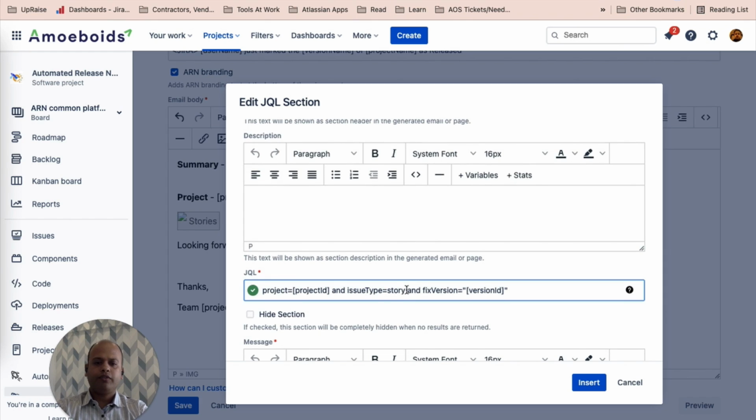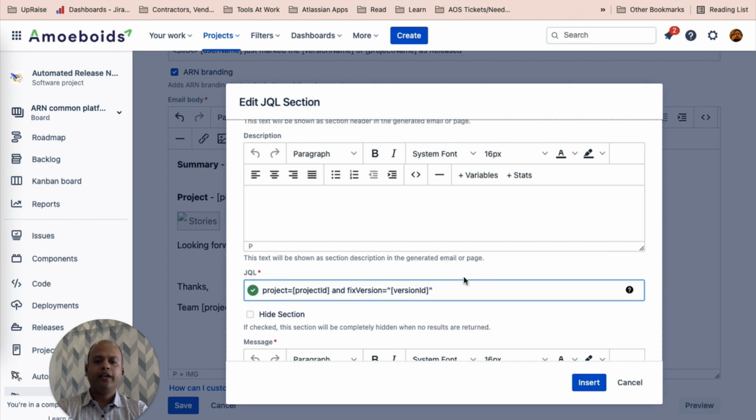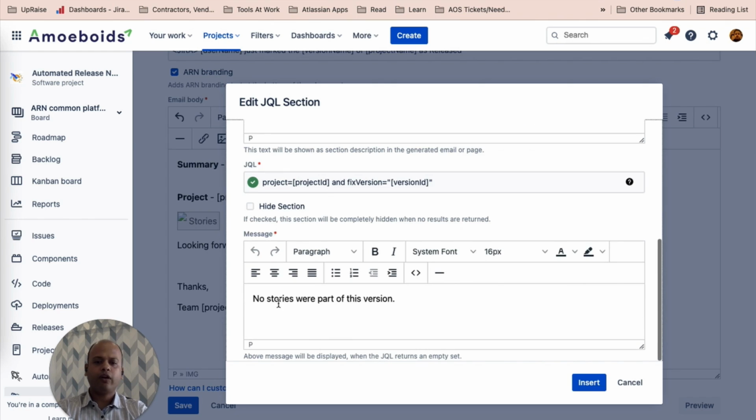Just version name. Then I'll remove the and issue type equal to story clause and I'll keep the version ID variable as it is. I'll scroll down and see no stories. Instead, I'll rename this to no issues were part of the source. Done. Nothing complicated. We have just made a few minor changes.